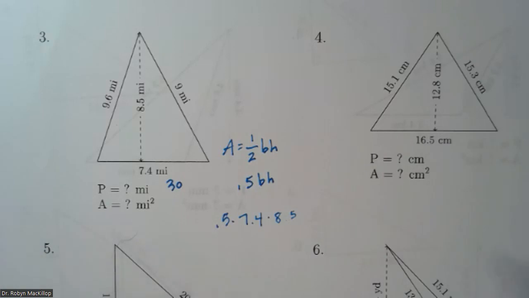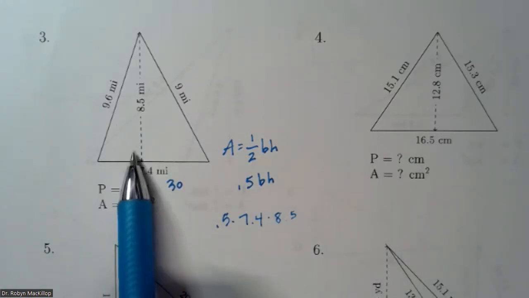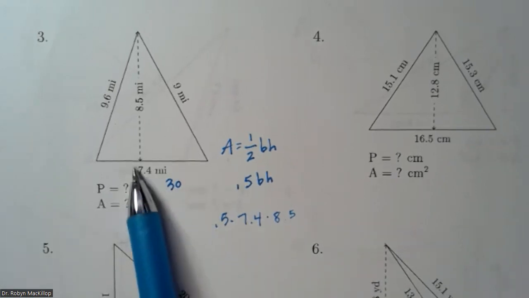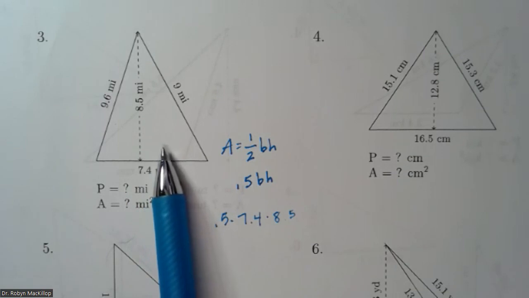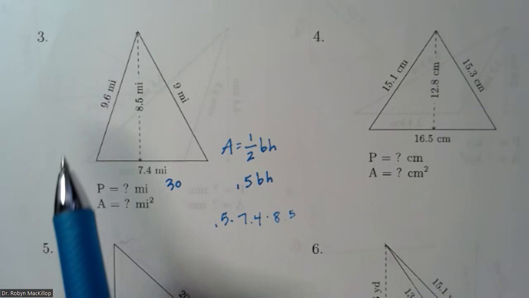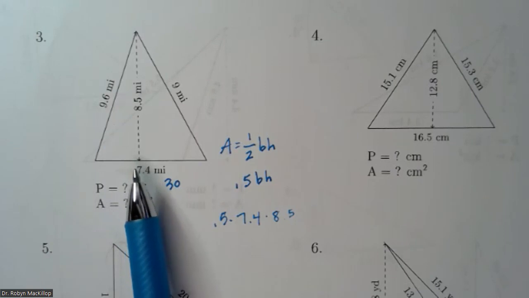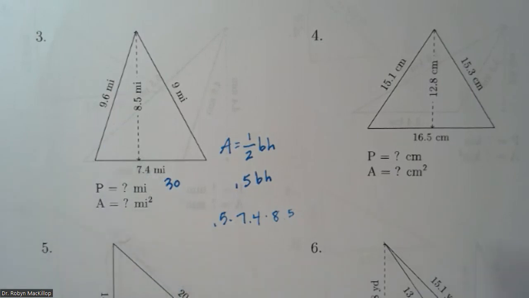If you should ever get a triangle that doesn't give you the height, you're not going to be able to find the area. Because generally speaking, triangles don't necessarily have a height given. In a triangle like this, which is close to an isosceles, it's right up the middle, from the very tip to the bottom. And you don't always see those measurements. So if you get a problem and it doesn't have the height, it's not really easy to find it. You can with the Pythagorean theorem, depending on whether you have enough info, but it's likely not an area question. So do check that